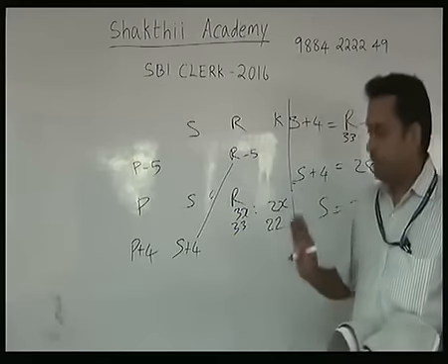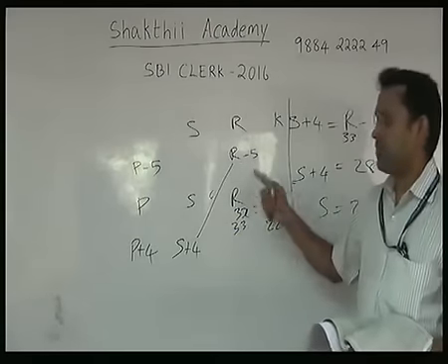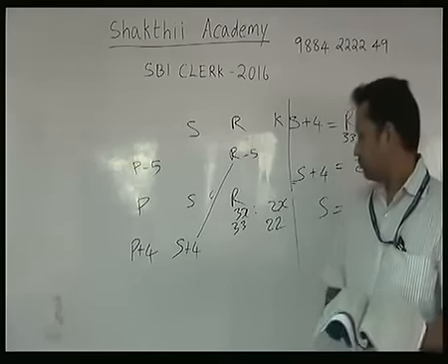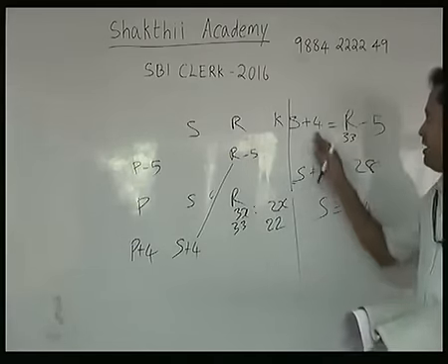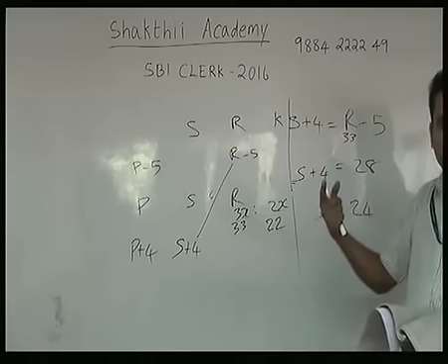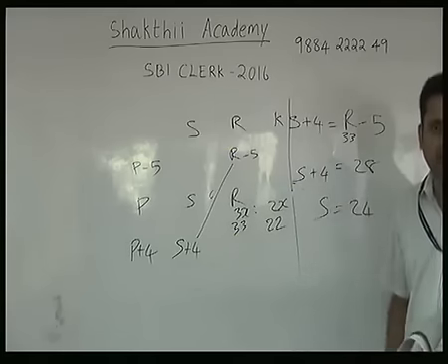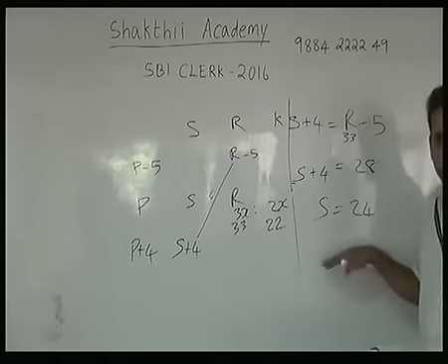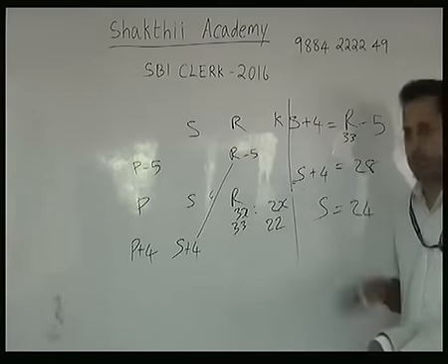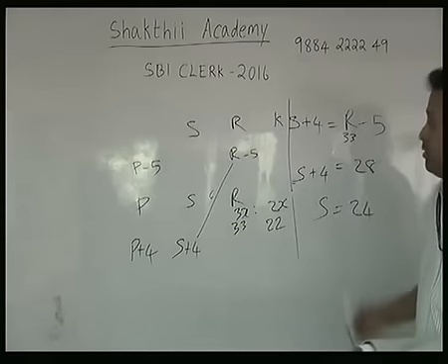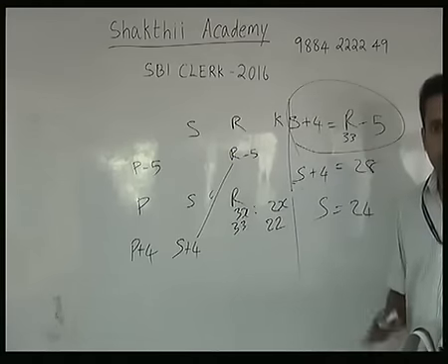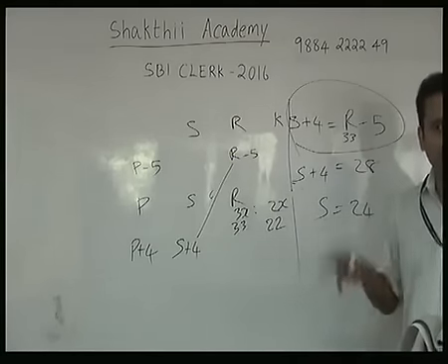Simply you need to understand that x plus 4 and r minus 5 are equal. That is given in the statement. Only these things are required. Even here, when you know r, you can do all the calculations in your mind itself and tell directly 24. No need to write all these things. I am writing this because people who are weak in maths need to understand, but all these things are not required. Simply, only this step is more than enough to solve the question. But in the beginning, you need to know all these things.